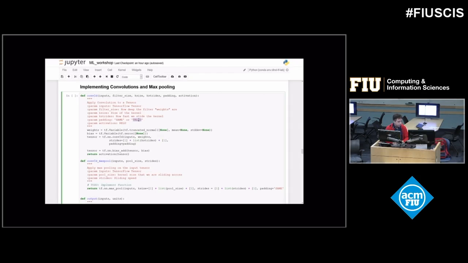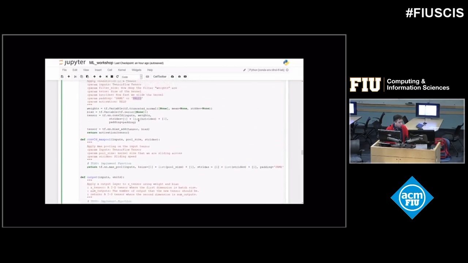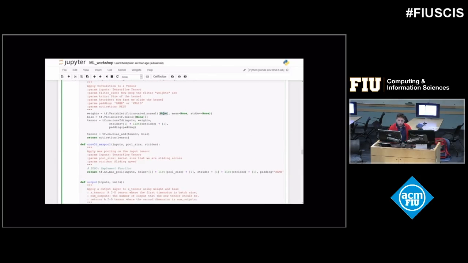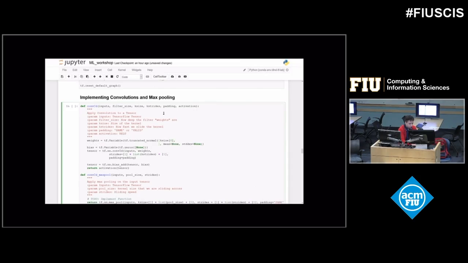And then each convolution is passed through an activation function, which I'll talk about later on. We want our weights to match the size of the filter. So I'm going to take the dimensions of my filter, which is this. The filter is an array of two integers. It specifies the length and width of the filter. So k size 0, k size 1 will have the size of the filter.